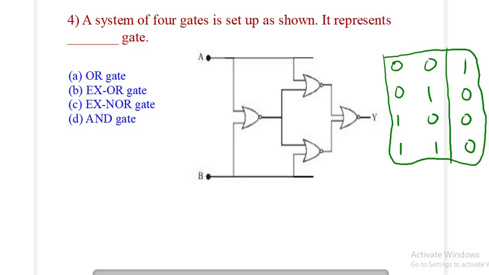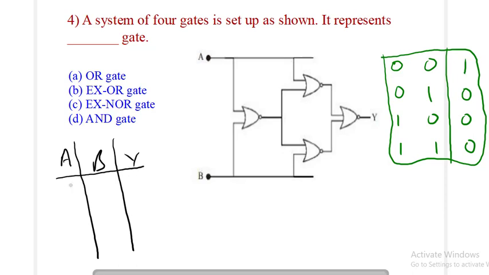I am just drawing it for our reference. So let us come to our actual case. Here we have 2 inputs, which I will write as A and B, and we write the output as Y. In the first case both our inputs are 0 0, so 0 0, as seen here, will make this 1. Now for this particular gate, this 0 comes here and this 1 comes here, so this is 1 and this is 0.